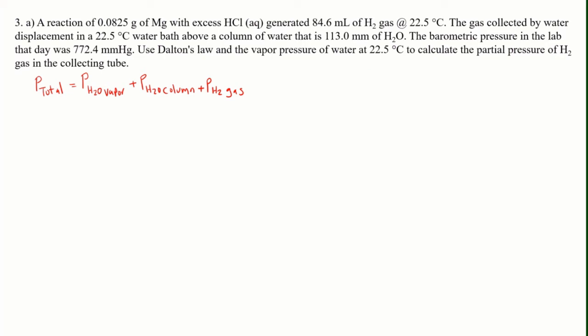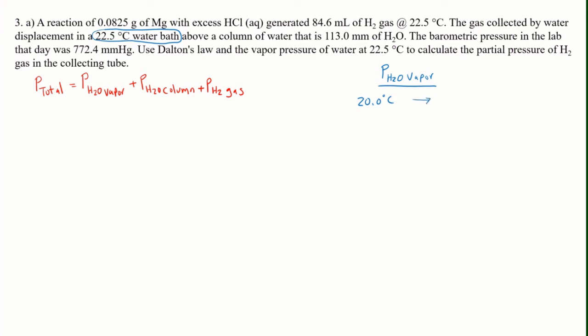We're looking for the vapor pressure at 22.5 degrees Celsius, because that's what our water bath is. So the warmer the water, the higher the vapor pressure; the colder the water, the lower the vapor pressure. So let's begin calculating the pressure of water vapor. Our temperature is 22.5 degrees Celsius, so this will be between 20 degrees Celsius,